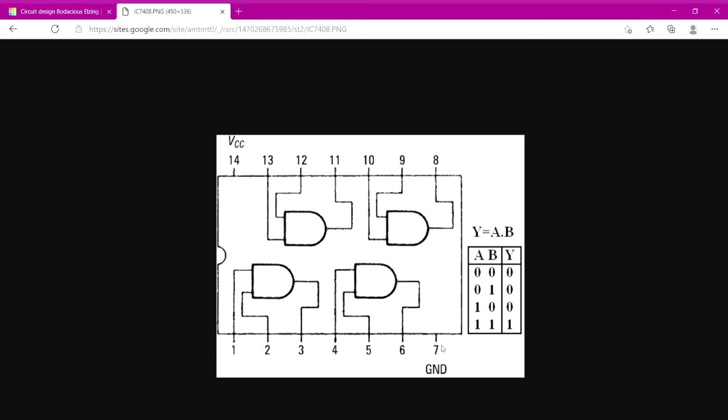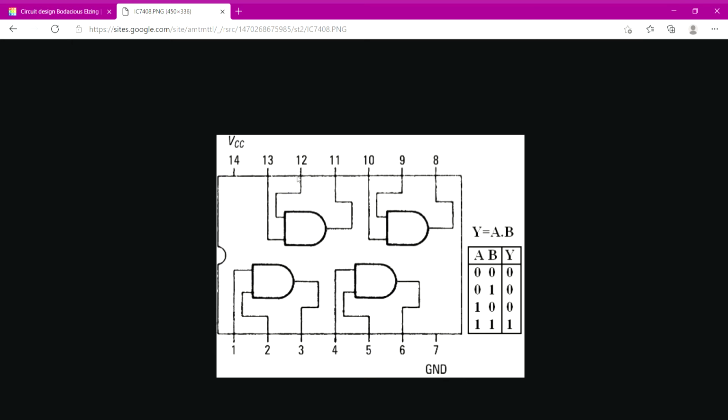Now we have pin 7. This pin is GND pin. We will ground this pin, that is, we will connect this pin to negative. Now similarly 9 and 10 are input pins whose output we will get from pin 8.